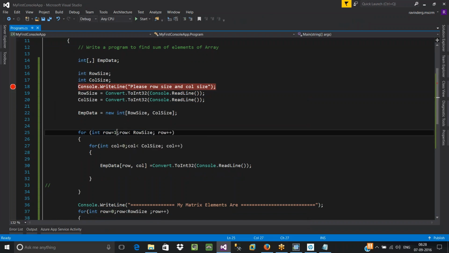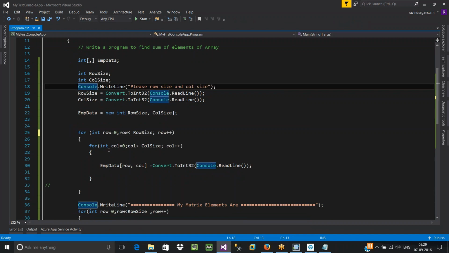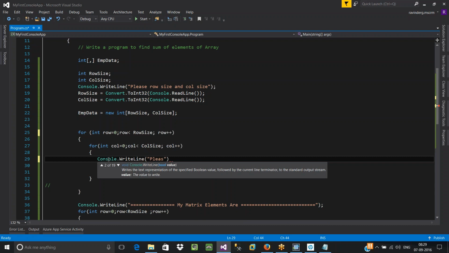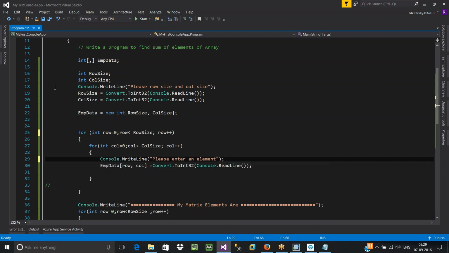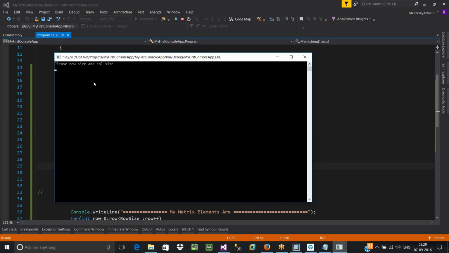So start from 0. Here ask the user to enter an element. Console.WriteLine, please enter an element. Now run your application. Enter row and column size. I'd like to have 4 rows and 5 columns.